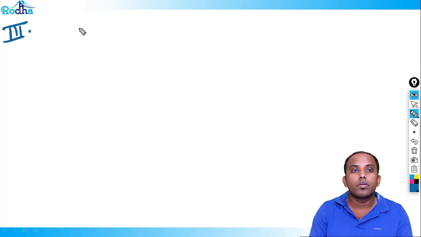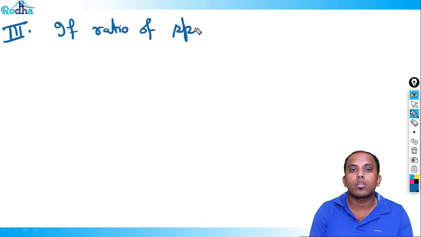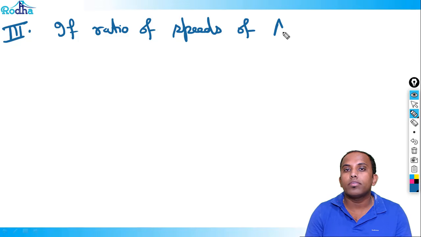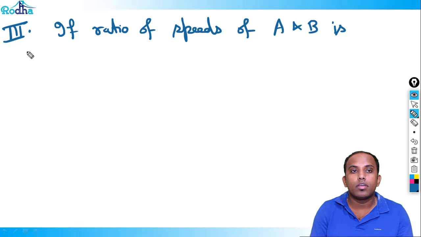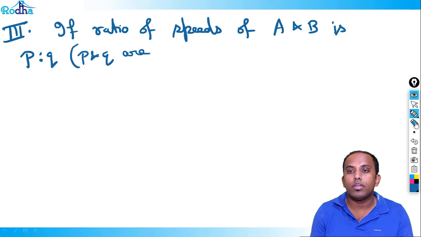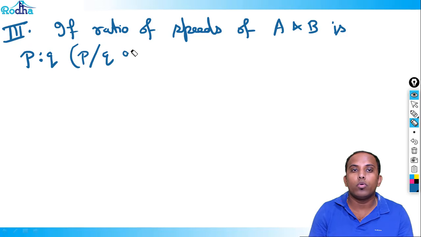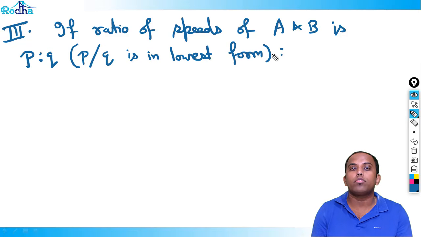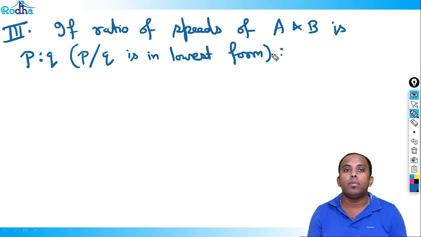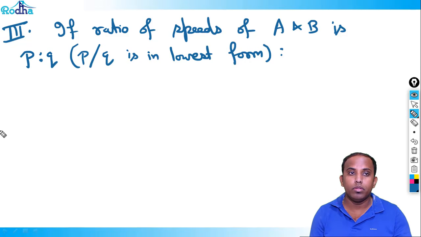If the ratio of speeds of two persons A and B is P is to Q, where P by Q is in lowest form, then